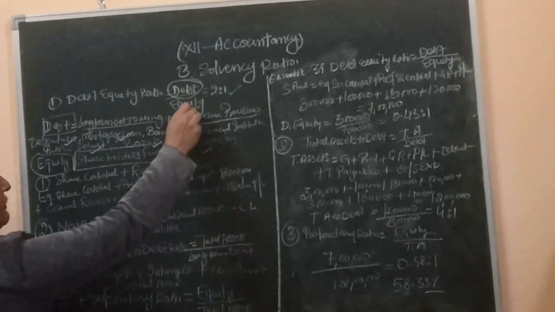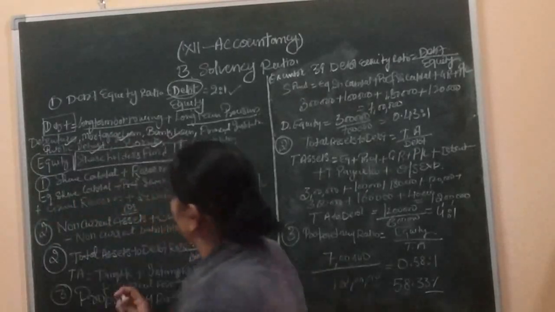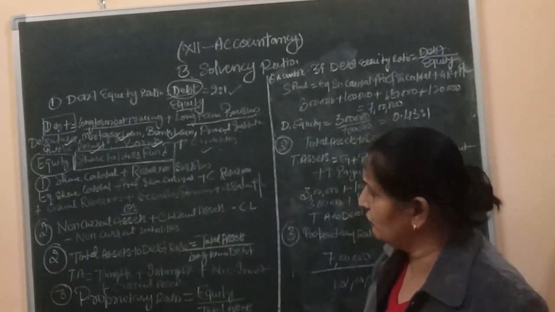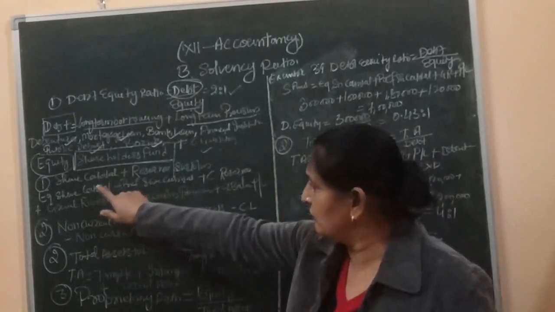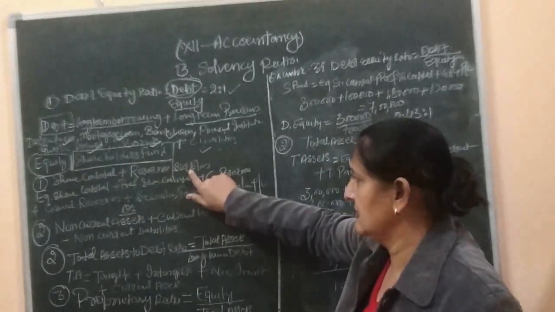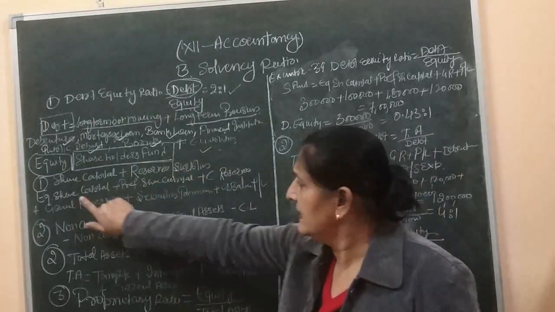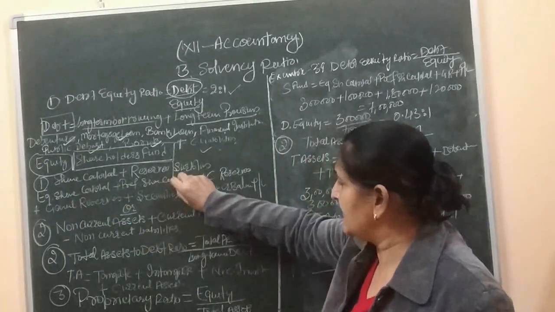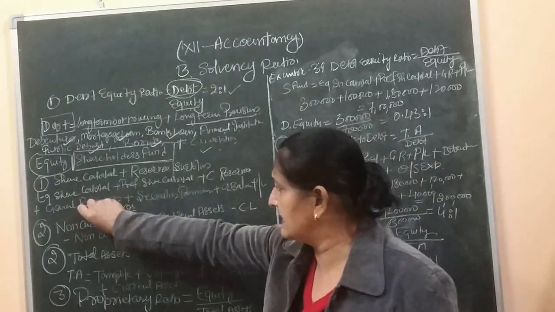Now the concept of equity. Equity means shareholder fund, and shareholder fund can be found out by two ways. Number one, the shareholder fund can be calculated as share capital plus reserves and surplus. Share capital plus reserves and surplus, and equity share capital plus preference share capital plus capital reserve plus general reserve